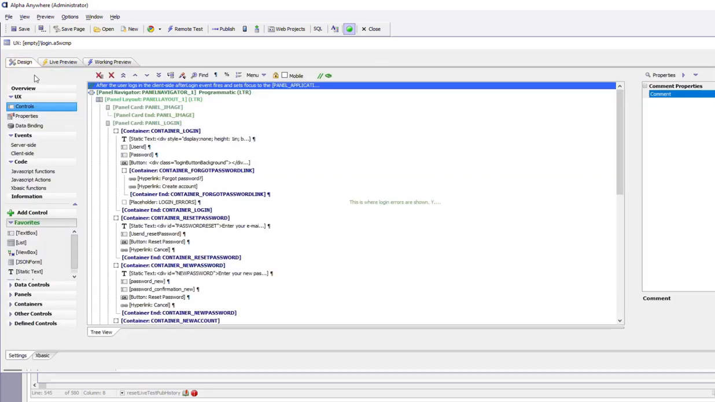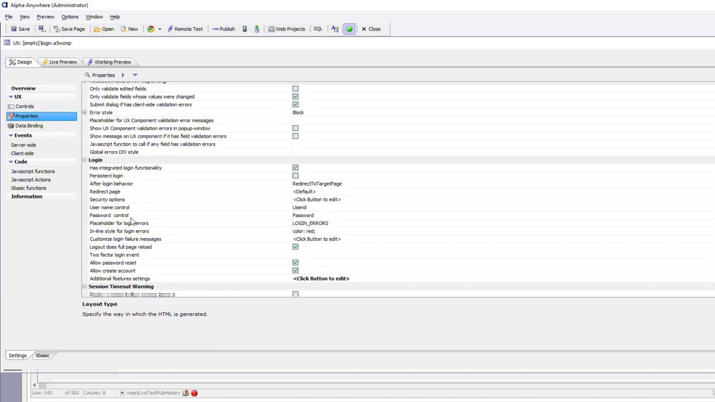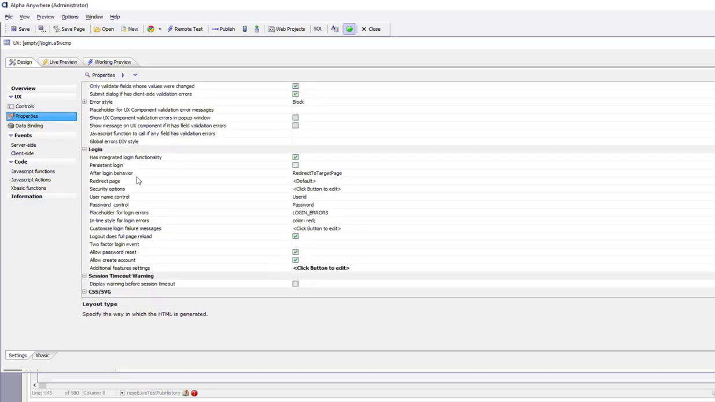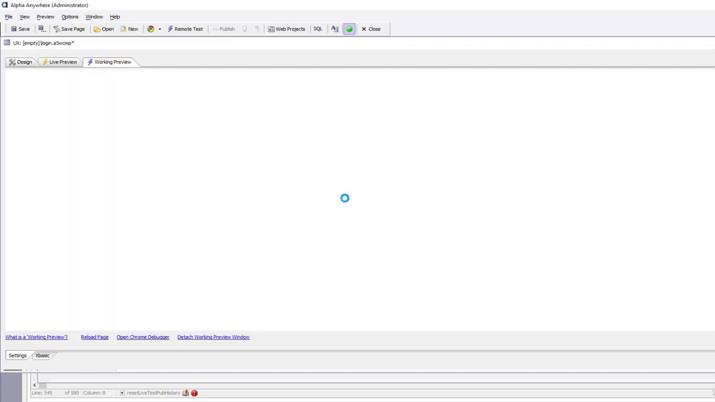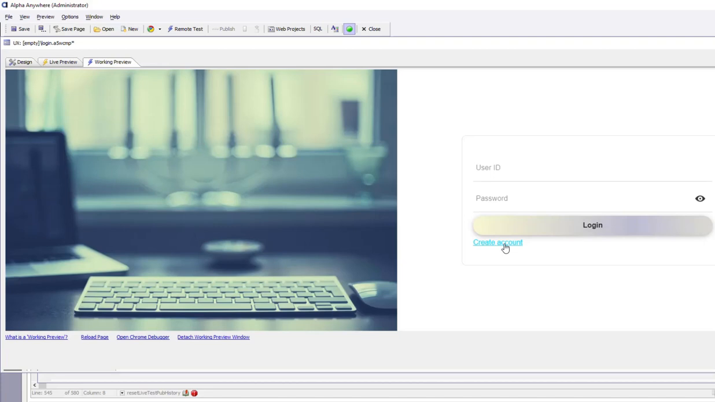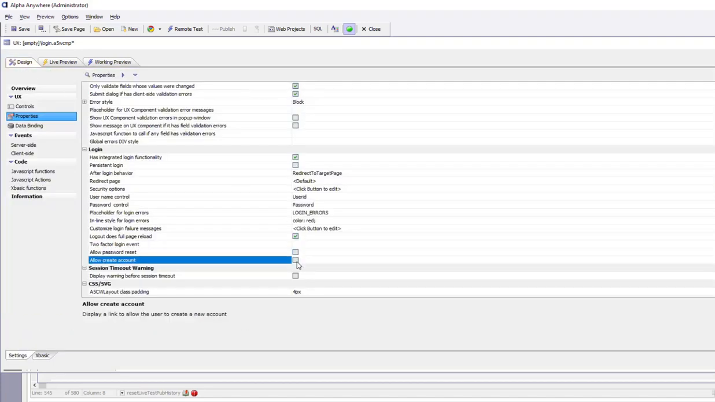If we go back to design mode, go to properties and scroll down to the login section, we can see that allow password reset is controlled by this property. If we run this right now, we still have the allow create account, but we don't have allow password reset. So there's our create account property turned on, and now we'll go ahead and turn off